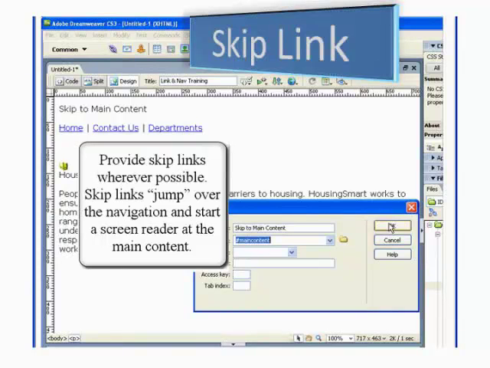Some developers will put an invisible skip to main content or skip link or skip nav at the very top so that the screen readers will read it, but people who have normal vision will not be able to see it. This is not typically a good method. It's okay if people see that skip link or skip nav, and go ahead and leave that up front.